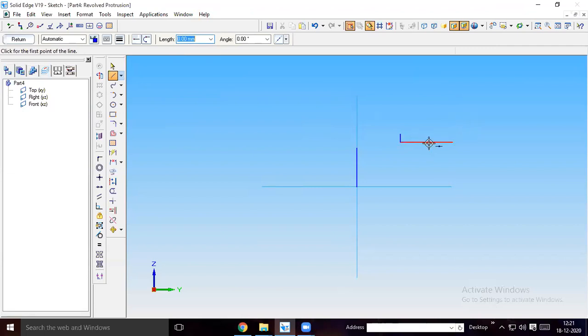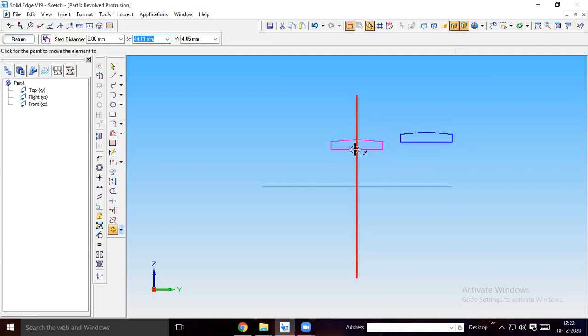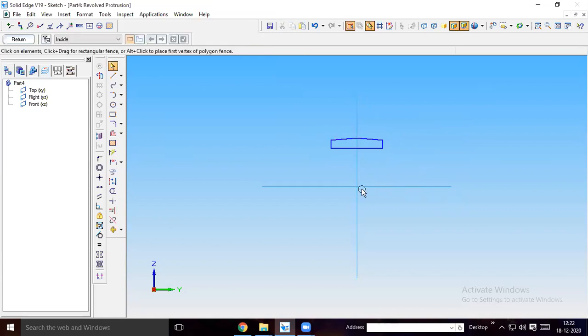From the midpoint of this line, you can take this as 6.5 mm at 90. Then you can join this point to this point. Similarly, here also you draw 5 mm at the end, and then you join from here to here, end of this point. After that, you can delete the center line, and then you select this and move from the midpoint of the bottom line and place it here at 24 mm distance. Then you can delete.